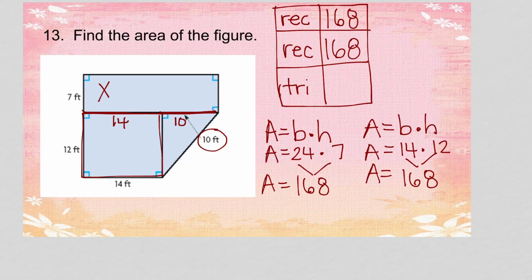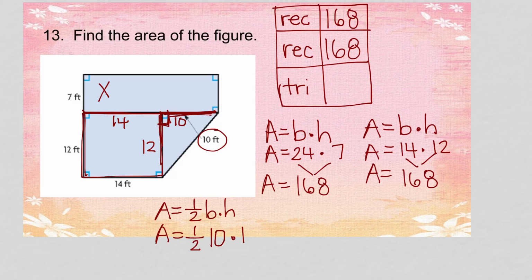That is 168. Now let's do our triangle. So write it, please. Area equals 1/2 base times height. Plug it in. What's my base? What's my base right here? It would be 12. No, it would be 10. Yeah, sorry. There's my base because it hits with the right angle, right? So then this is 12 because this side's 12. So 10 times 12, which I get what? 120, but I have to bring down what I haven't used. What's 1/2 of 120? 60. So my triangle is